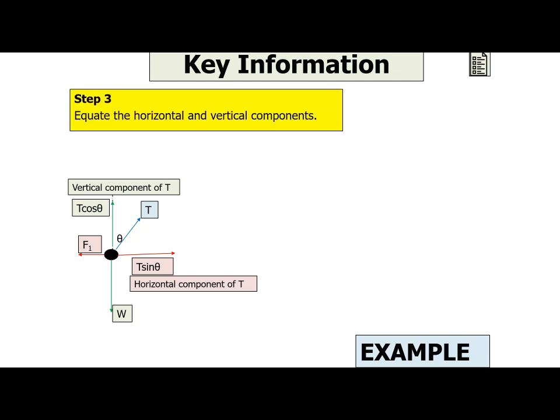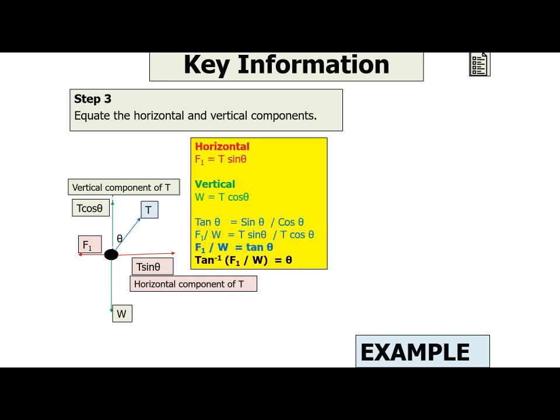The third step is to equate the horizontal and vertical components. So we can say horizontally that F1 minus T sine theta, because they're in opposite directions, is equal to 0. And then vertically, W minus T cos theta is equal to 0. We can then rearrange them to say horizontally F1 is equal to T sine theta, and vertically W is equal to T cos theta. So if we then use that to work out our value of theta, we know that